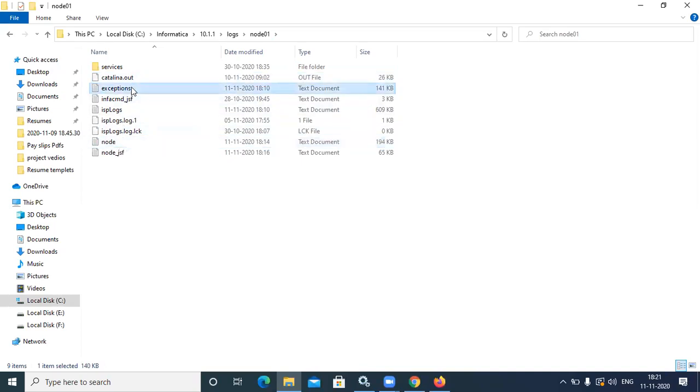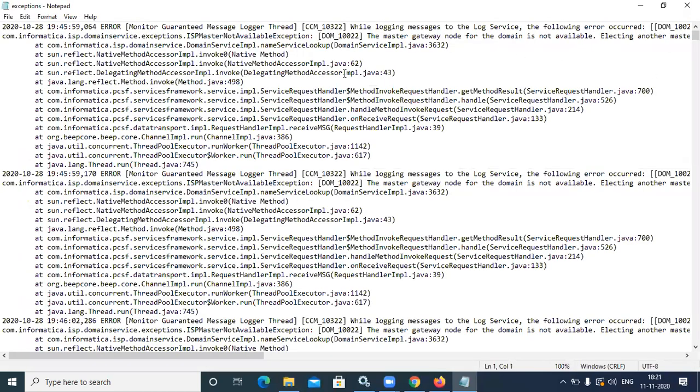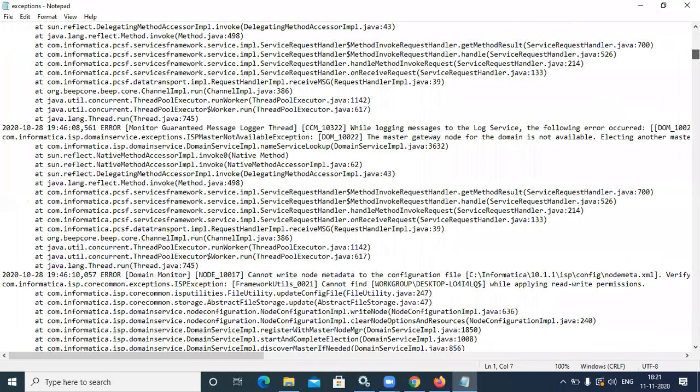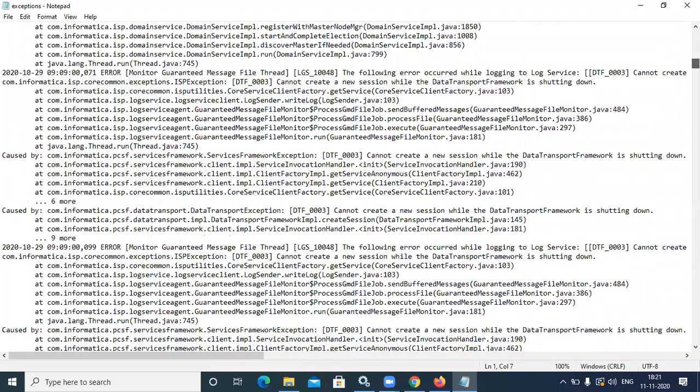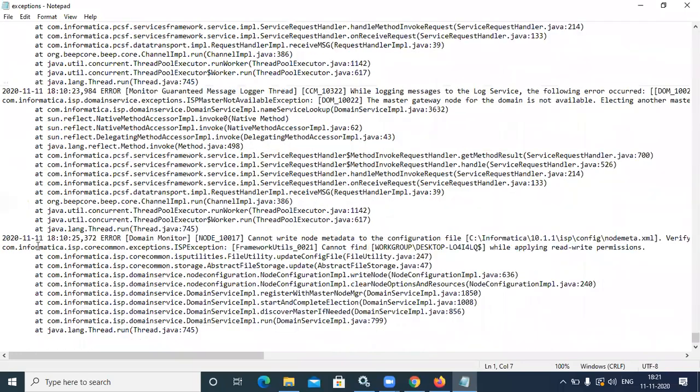We'll open one log and we'll be able to see some errors related to our Informatica. Okay, so you can search with the timestamp. See, it was on 28th October, but we are now in November. Based upon the timestamp, you have to verify. If you go down, that will be the latest log. What was the last error on